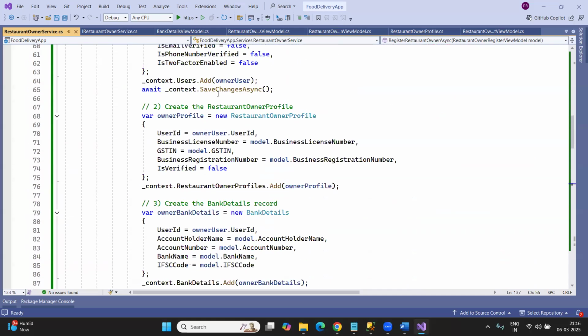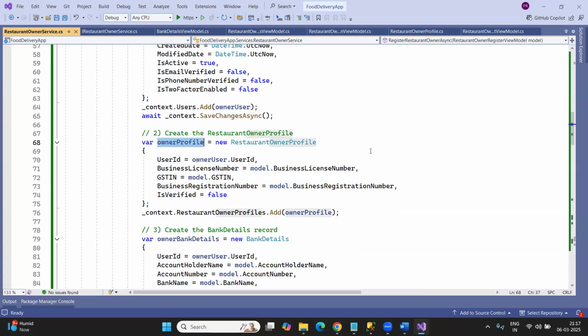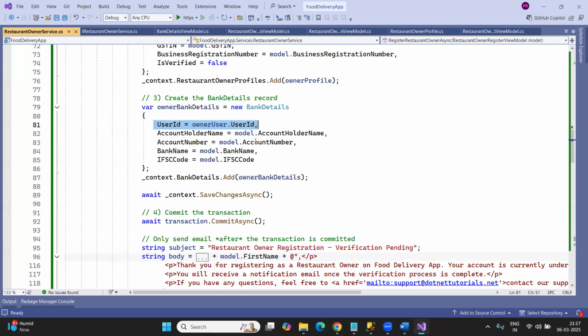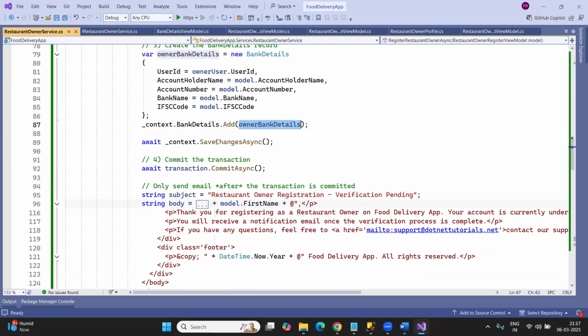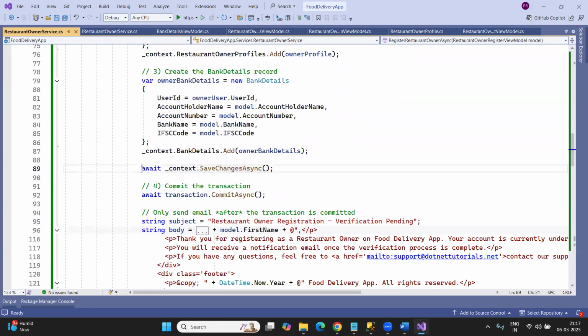So once this owner profile, the relative owner user information, is inserted, then we are going to insert the bank details. Again, that user ID we have added, and bank details is also going to be inserted. But in this case, I'm not inserting one by one. Both this restaurant owner and this bank details are going to be inserted within a single transaction, using some kind of batching. So now, once this save changes method call and this save changes method call